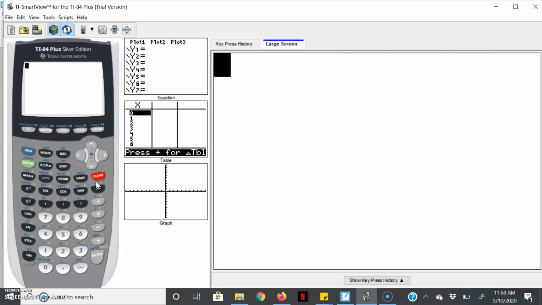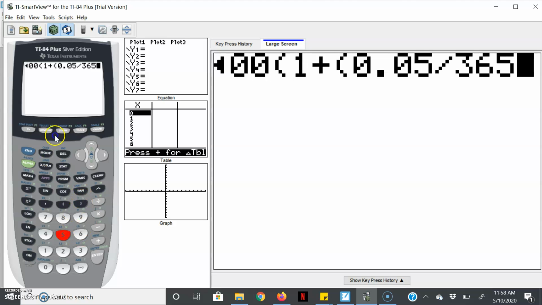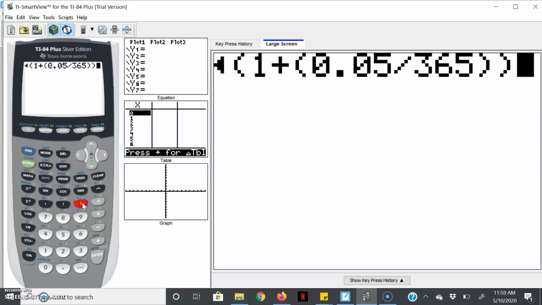Calculator, clear that. We got 2,000, parenthesis, 1, plus, parenthesis, 0.05 divided by n, 365, close that parenthesis, close the whole parenthesis,